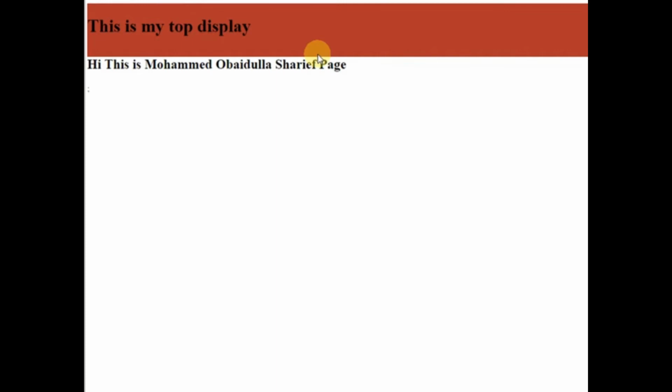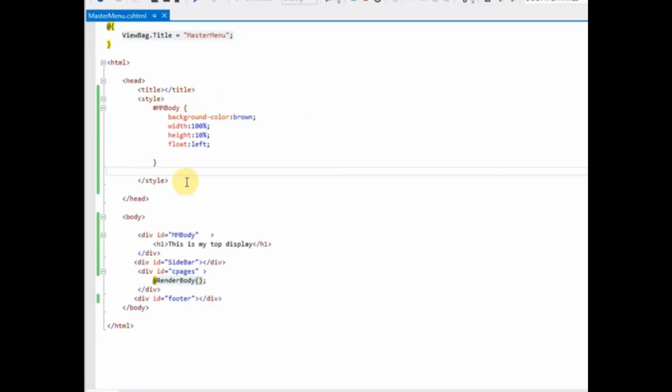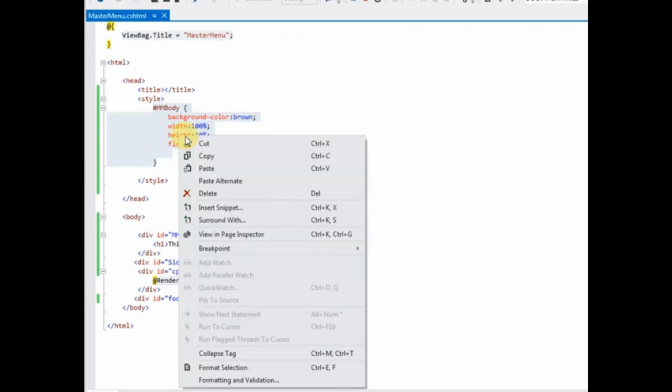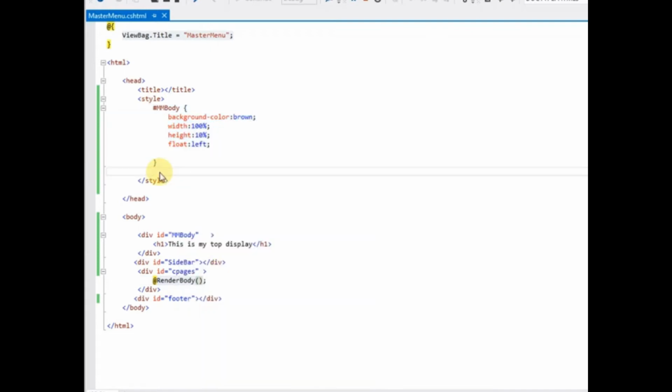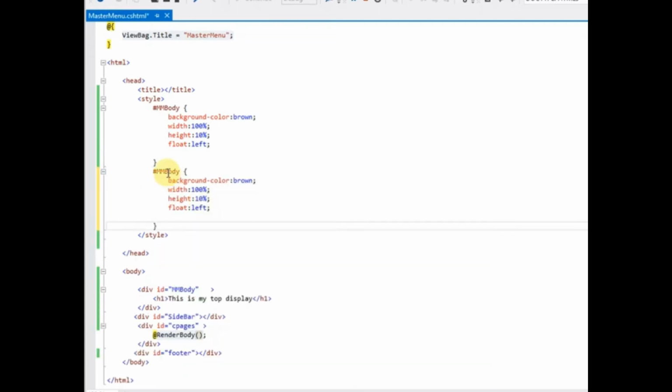Okay, so we will go in our application and we will start designing. You can just copy this and paste it over here, and you can change the name to sidebar. Okay,